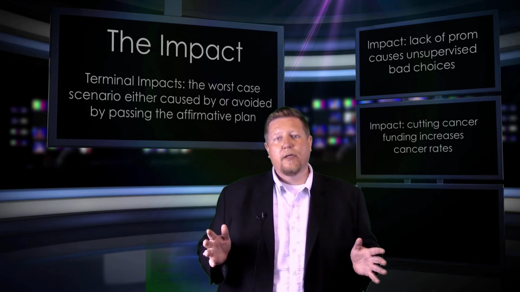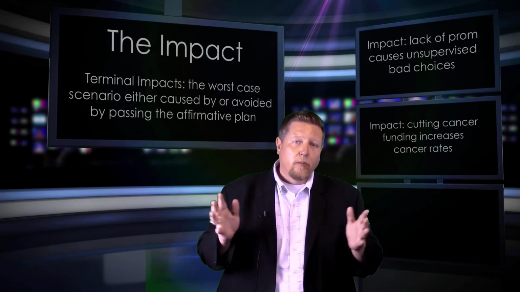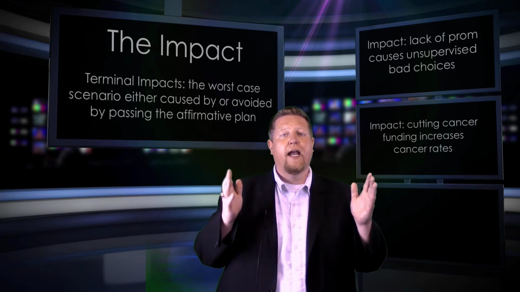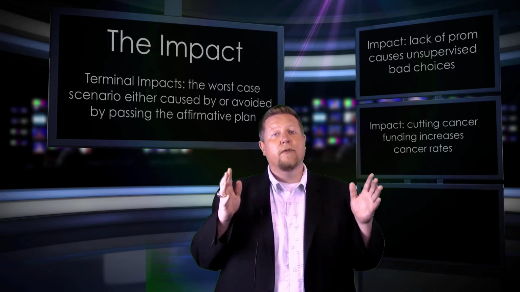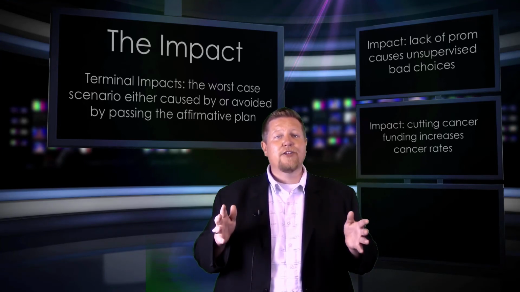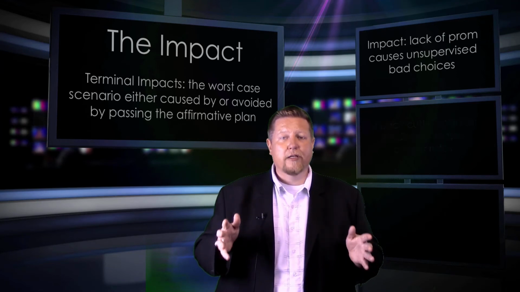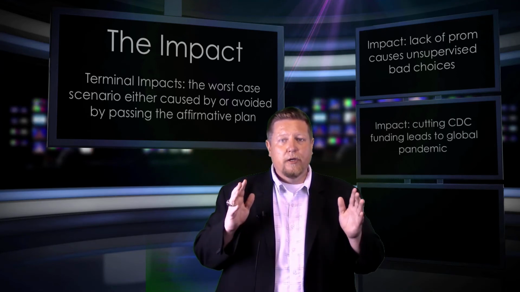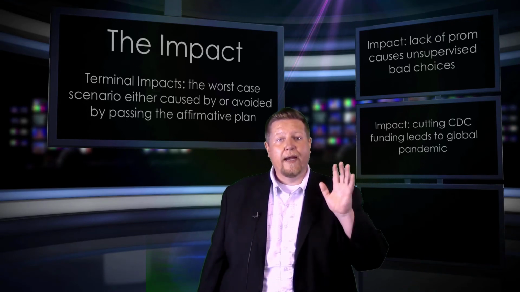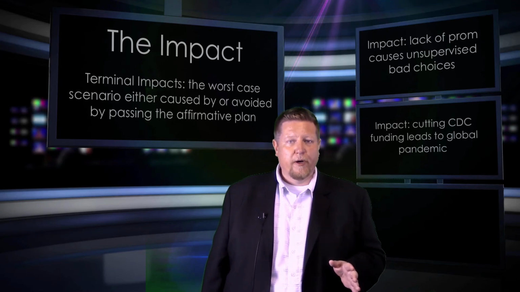It's not likely that you would need a more terminal impact, but let's say you wanted something more powerful. Perhaps you could revisit your link, and instead of claiming that the affirmative plan threatens funding for cancer research, it threatens funding for the CDC, which is the Center for Disease Control, and is the government agency responsible for preventing or managing global pandemic outbreaks like Ebola or AIDS. You could now claim that cutting funding for the CDC could have terminal impacts such as global pandemics, which are of course going to be worse than any of the advantages claimed by the affirmative.